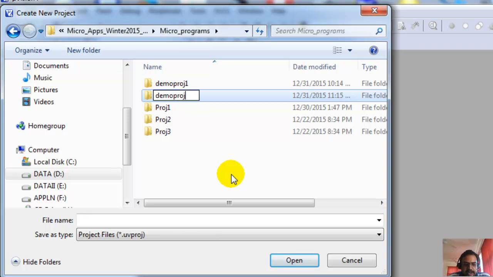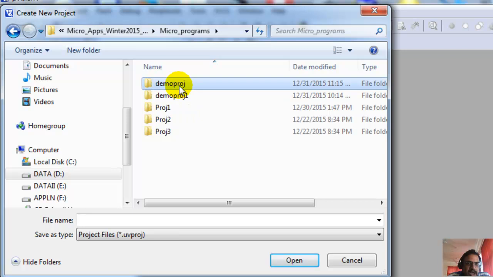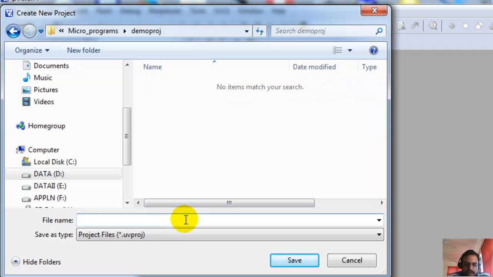I'm going to call it demo project. So I've created a folder called demo project. I'm going to create my project inside this folder. Let me call it as